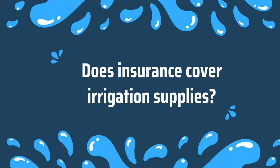Does insurance generally cover irrigation supplies? Yes, most insurance plans do cover irrigation supplies, but the extent of coverage is going to vary. Insurance companies have strict rules about the quantity of each supply that's going to be covered. The customer representatives at your insurance company and your ostomy supply distributor can let you know about the quantity limitations